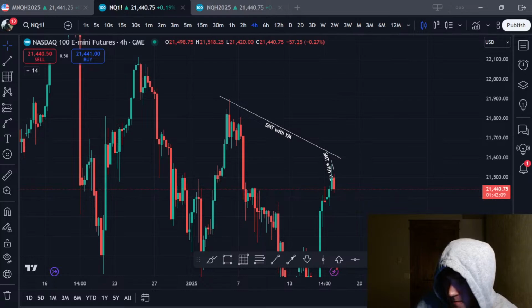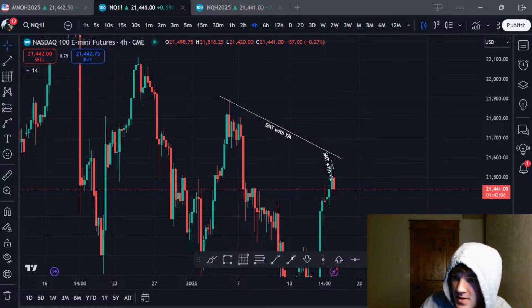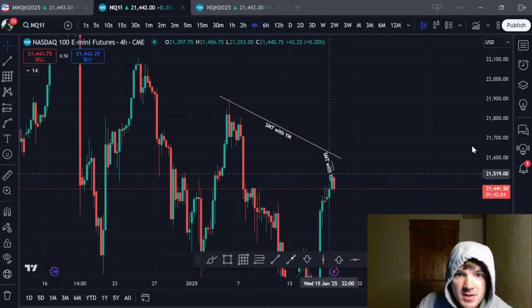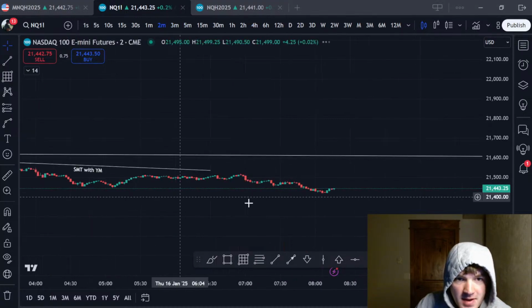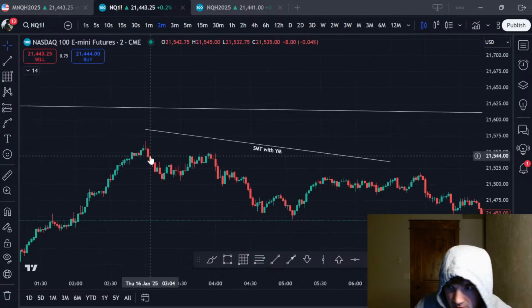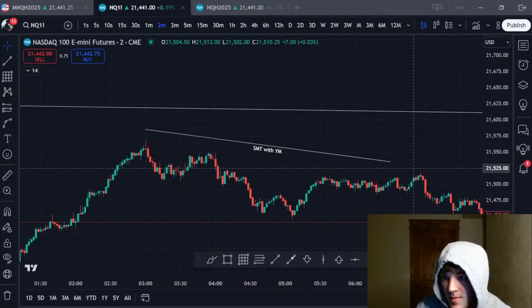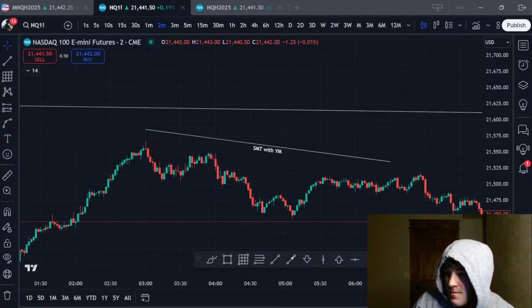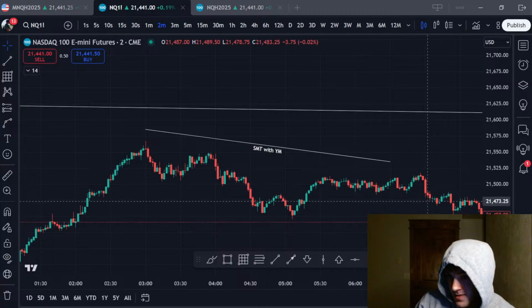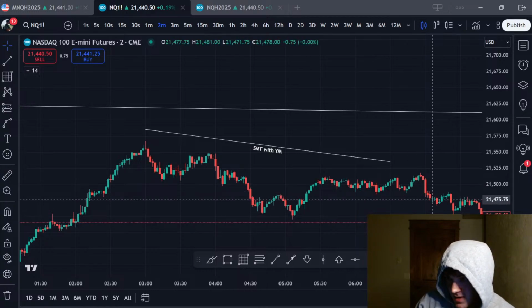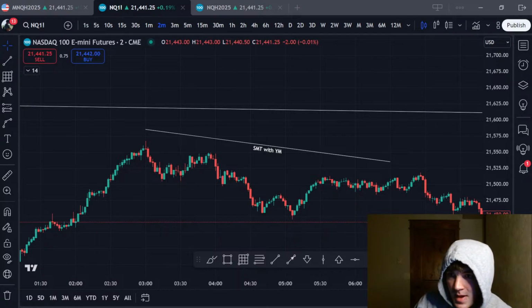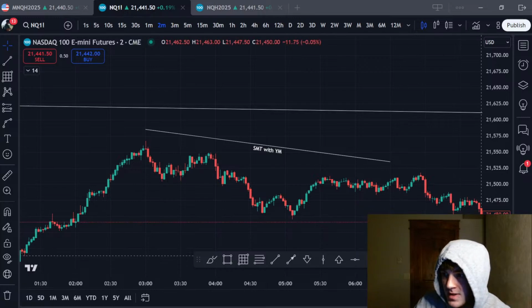It's fine. I'll just have to say SMT. And then we had SMT with this low time frame high as well. Okay, I'm honestly thinking that maybe we can start to turn bearish soon, possibly. But I don't know. It's going to depend on a few factors. One of them being, how are we going to respond to this new day opening gap here?